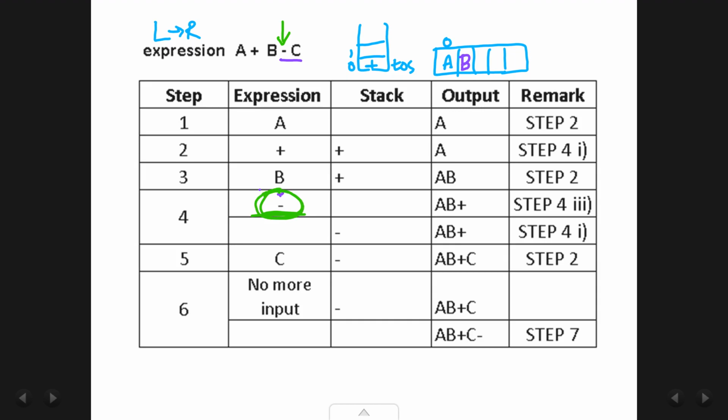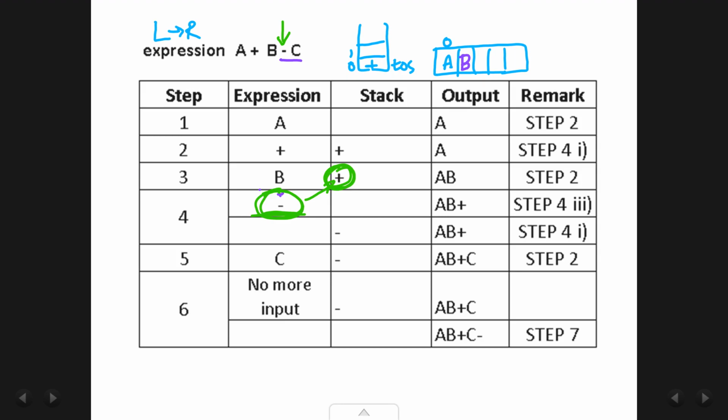Step 4.1, if stack is empty, push operator on the stack. Check here. Is your stack empty? No. Stack is not empty. So you cannot do step 4.1. Go to step 4.2. If the top of the stack is an opening parenthesis, is this an opening parenthesis? No. So you cannot do step 4.2.